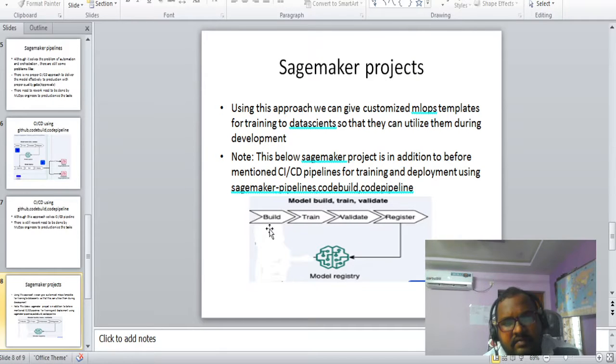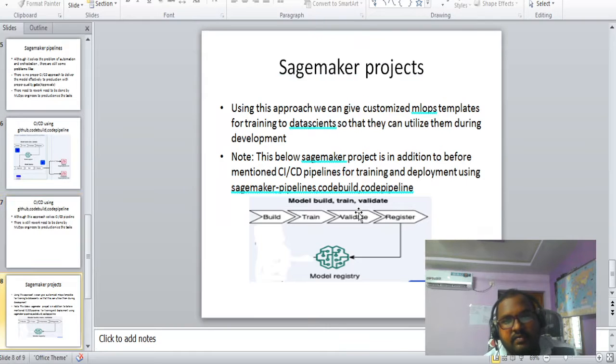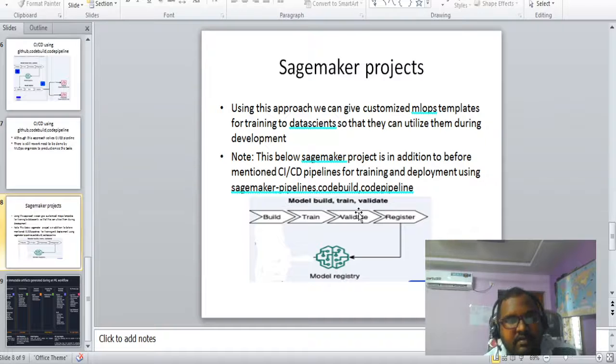We can customize it and give it to the data scientist, so he can write in SageMaker pipelines during the development phase, which will be a little easier in a way. Then he can send that code to ML engineers or ML ops engineers, who can productionize it using SageMaker pipelines and CI/CD pipelines, and create a proper ML lifecycle.